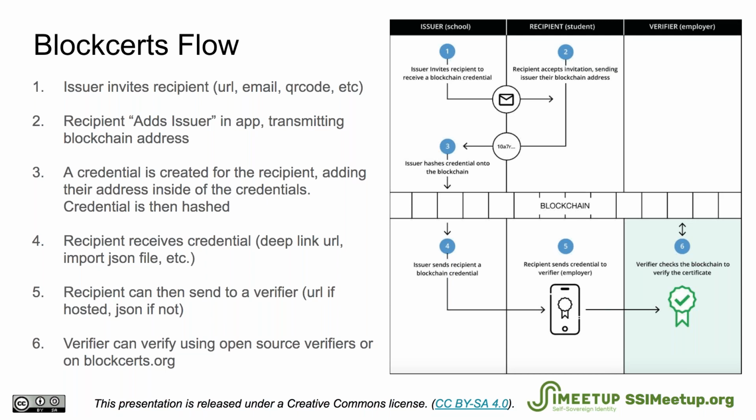To first start off, an issuer invites a recipient through some means, and the recipient has to have the open source Blockcerts wallet or another wallet that is interoperable with Blockcerts to accept the invite. For the invite itself, it could be a URL that the issuer shares. It could be a QR code, a button in the email, anything really. The app supports deep linking for various actions, so it's really easy to invoke the Blockcerts wallet as an issuer